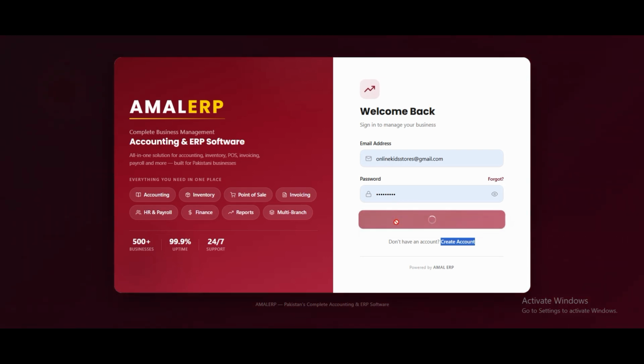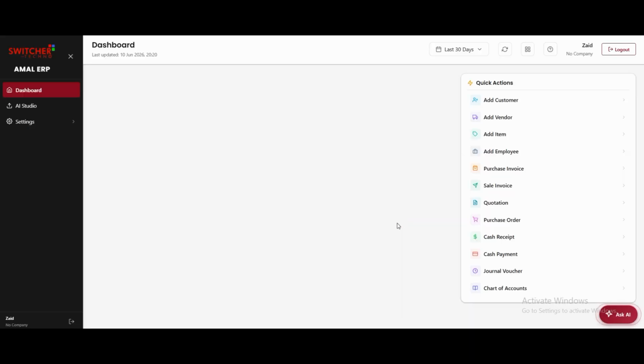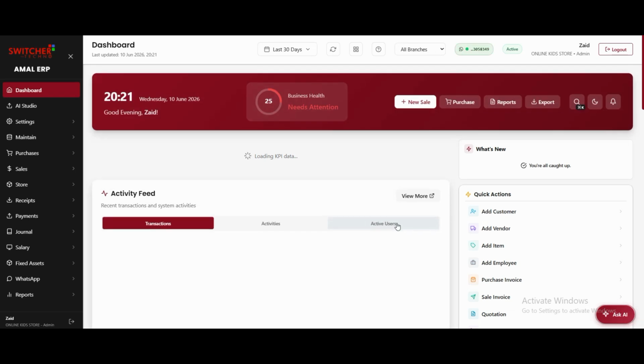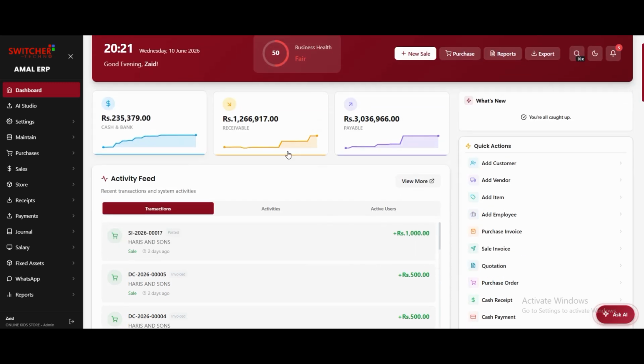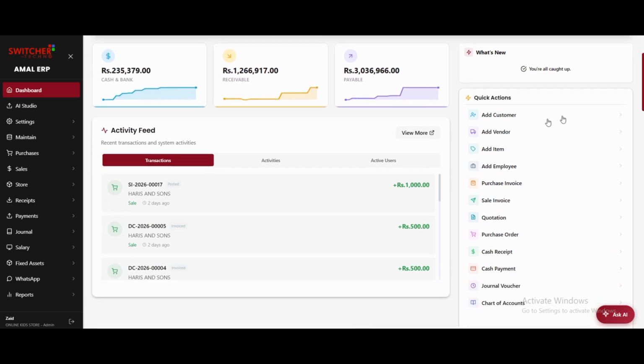Now the best part is you can see the UI in 2016, the best UI you can see ever, where you can see each and everything like your cash and bank, your receivables, your payables. Here you can see the quick actions like add customers, your supplier, your item, your employer, purchase invoice, sale invoice.